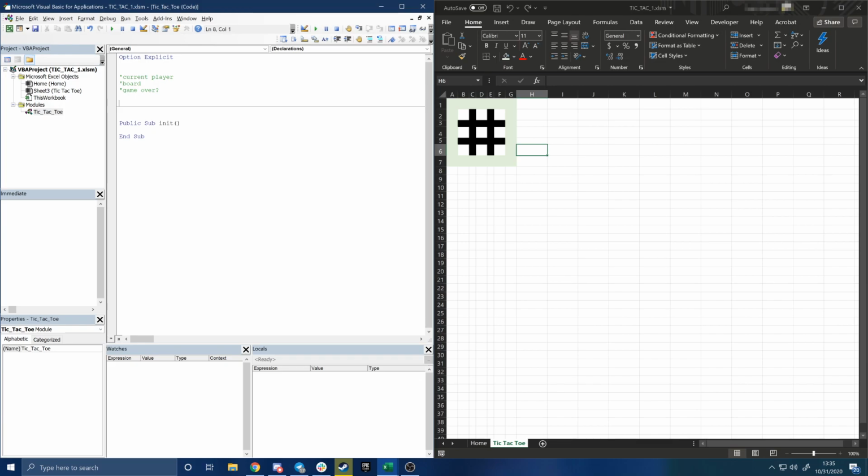So let's start off by declaring our variables. When you're writing code like this, if you want to have variables that are accessible by every subroutine in the file, it's good practice to declare them as private. What that means is that only the subroutines and functions within this module, the tic-tac-toe module, will be able to access the value of this variable. And why that's a good thing to do is because you don't want other modules to change the value unexpectedly. We call it encapsulation in object-oriented programming,